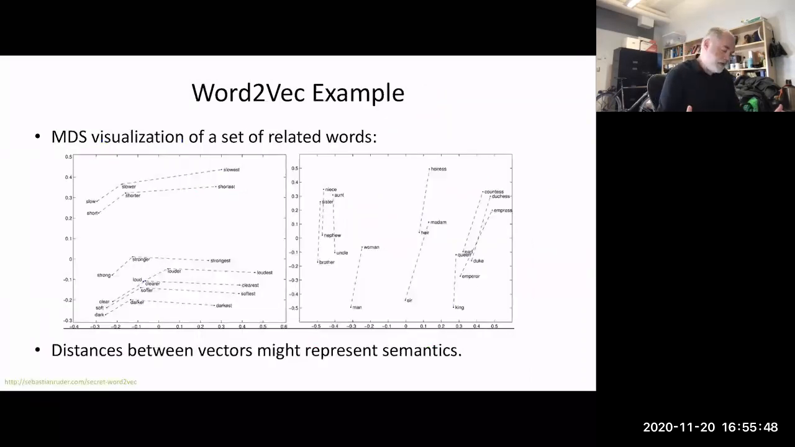What's cool is if you then run an MDS visualization on the resulting feature vectors, what you get are embeddings that suggest that the distances between vectors might represent semantic relationships. So if you see here man, and there is a vector, and this is basically a visualization of the embedding space Z. Where if you move in this direction, you effectively change the gender tense, or however you say it